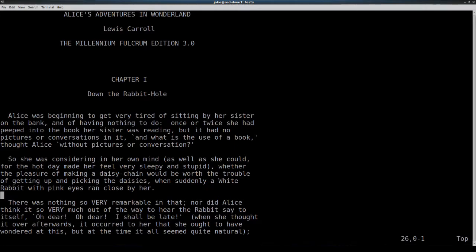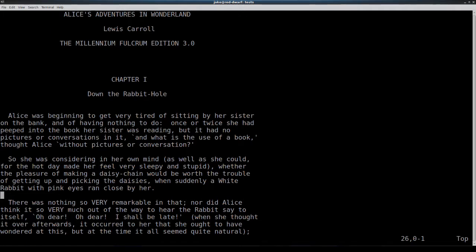I have written a small PDF file for you with these commands, along with some additional movement commands as well. You find the file in the additional resources for this lecture. In the next lecture, we will start by deleting text and inserting text, and also switching between two modes. But before we wrap up this lecture,